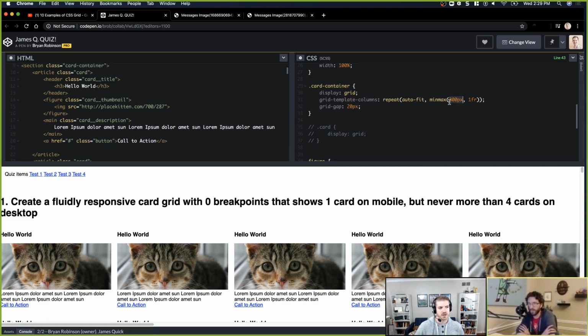But if you don't want more than 4 cards, then 4 times 300 is 1200. That means we need to set a max width on maybe a general container of our content. Right now we don't have any padding on the left and right. So if we put everything in a container and set a max width to 1,000 or something like that, that would limit it to where we never scale up to 5 cards.